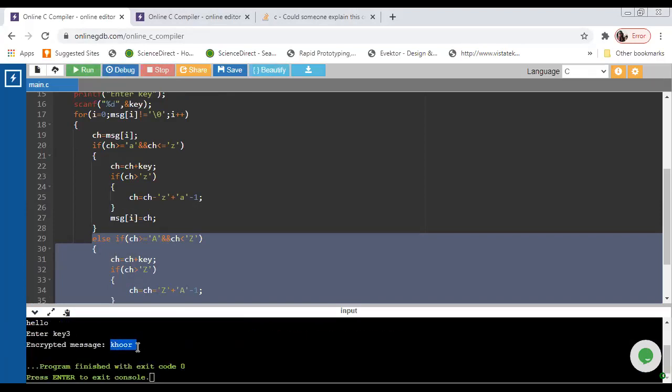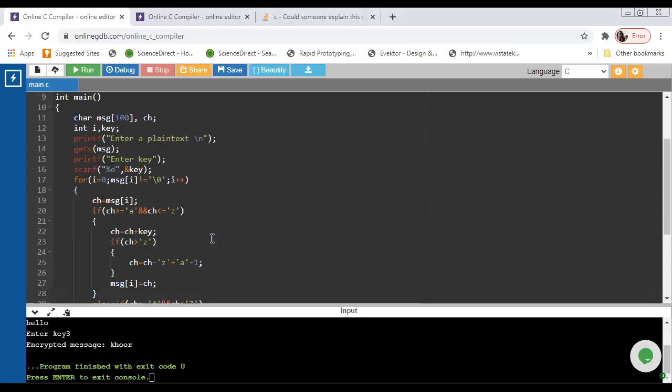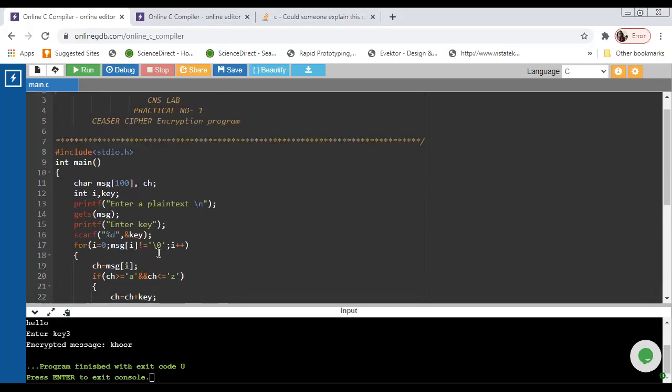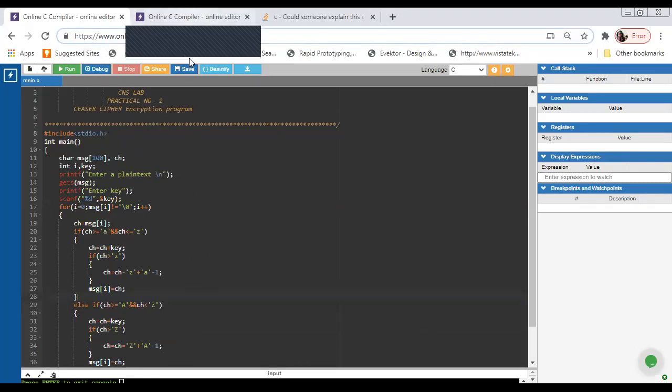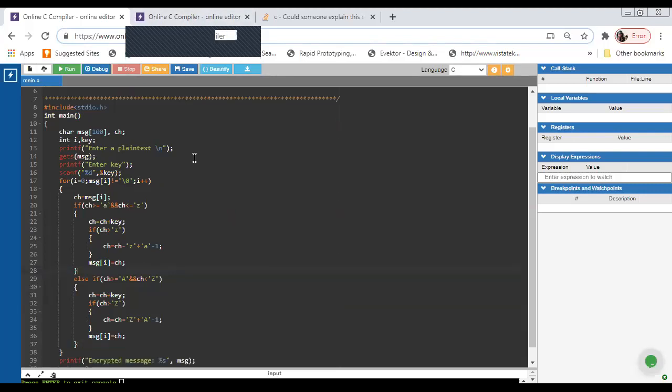So khoor will be my ciphertext. So your time starts now.